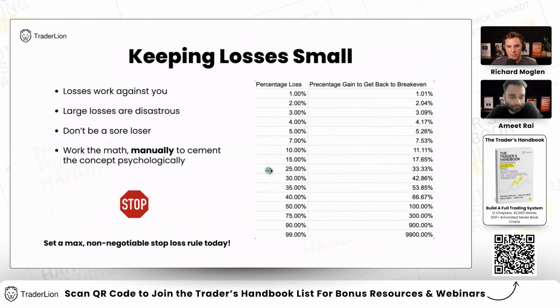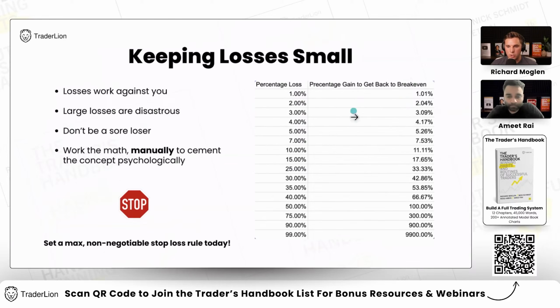to get back to simply where you were. So you don't want to be in this territory right here, especially not sitting through a 30, 40, 50, 75% decline. We saw many of the prior 2020 winners in the 2022 bear market fall 60, 70, 80 plus percent. You don't want to sit through that. You want to have rules, stop losses, and sell rules that protect you and keep you in this territory right here. Your first loss is your best loss. You want to keep your loss as minimal as possible, because then you just need one or two trades to get that back, just with some small winners.